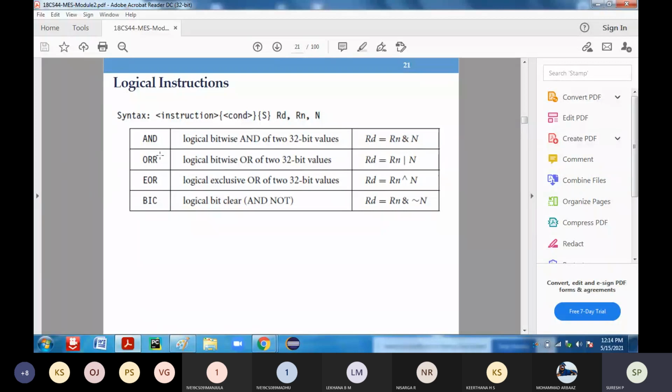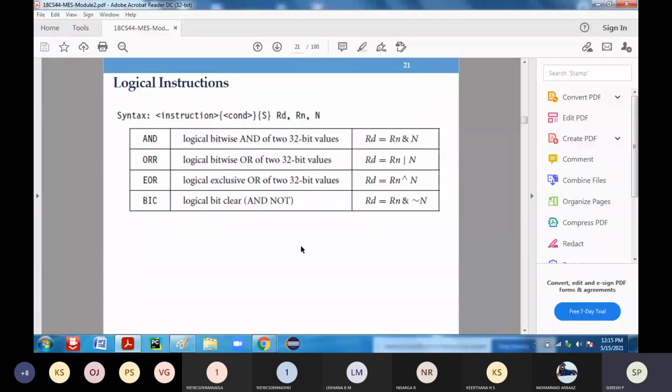Next is the logical bitwise OR, which performs the logical OR operation. EOR specifies the logical exclusive OR operation. Next is the logical bit clear, which performs the AND operation on Rn, the only difference being that the other value, N, is complemented.